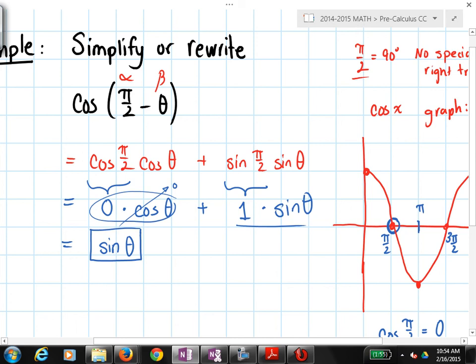And if you look at your cofunction formula, it does state that cosine of pi over 2 minus theta is sine of theta. And in fact, if we have time, we'll look at the graphs of this, and we're going to apply the transformations like we did in last semester college algebra, so we can also prove graphically why this works. All right, so that's how you're going to be doing